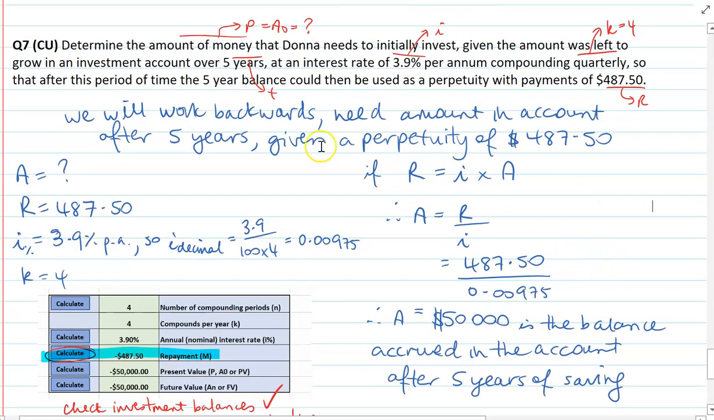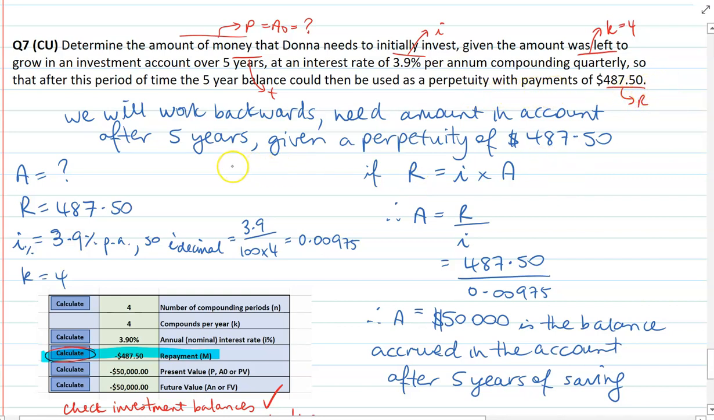Okay, last question. Hopefully you saw through the pathway to get to the answer. So we've got an amount of money that Donna is looking at investing. Given that the amount is going to be left to grow an investment account over 5 years, interest rate 3.9% per annum, compounding quarterly. After this period of time, she wants to use the 5-year balance that could be used as a perpetuity with payments of